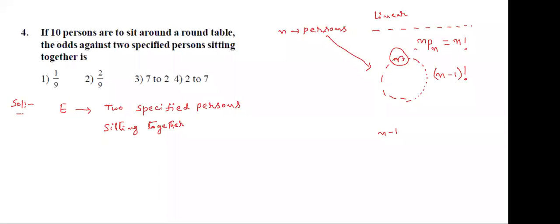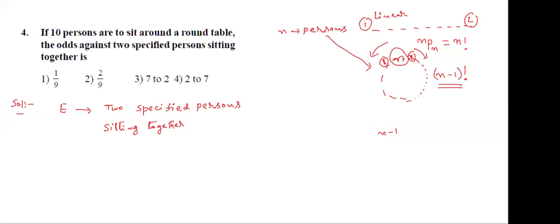See here, if you are following this direction, this is the first place and this is the last place. Yes or no? If it is like this, with a first place and a last place, we say that is linear permutation. If you are following the anti-clockwise direction, this is first, this is last place. So finally, n minus 1 persons can be filled in n minus 1 places. That is n minus 1 factorial. Because we got a first and last place now.